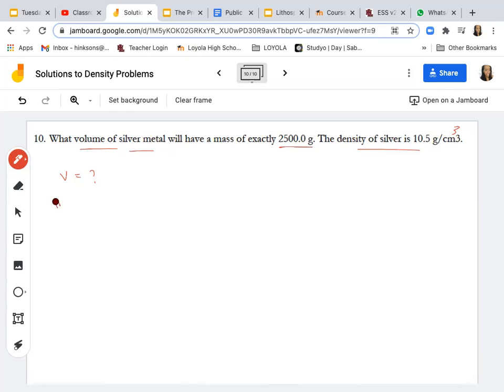So you have a question mark for volume. Density is 10.5. 10.5 what? Grams. 10.5 what? Oh, the density. Centimeters cubed. And your mass is 2,500 grams. Okay, so now V equals that. Hold on a second. I'm just going to plug that stuff in. My mass is